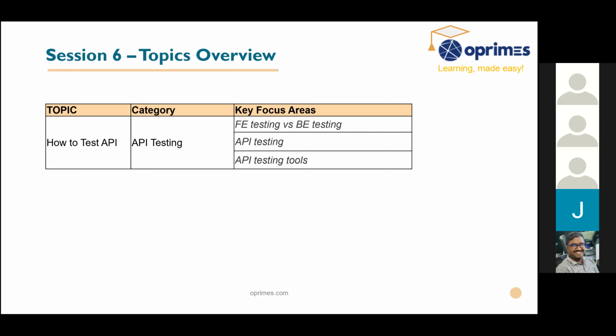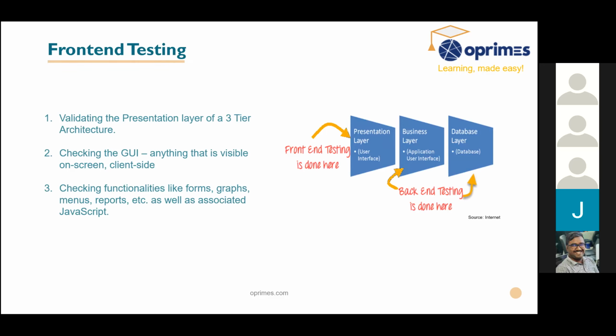Based on that, the data will be processed and what has to be projected to you. Another simple example would be age. Take any media-based web publication, ZEE5, Hotstar, Netflix. Based on your age, the content will be different. All these logics will be written in the business tier. And the front end, you all know, is whatever you are seeing with your eyes. That is the front end of the application. So to understand front-end testing and back-end testing, understanding this three-tier is very important.